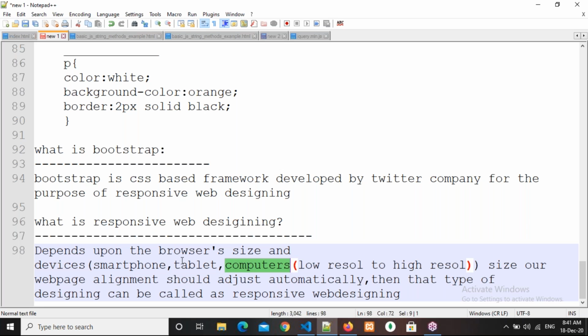So for smartphones, tablets and computers, our web page alignment should adjust automatically. That type of designing is called responsive web design. For example, if you observe here,